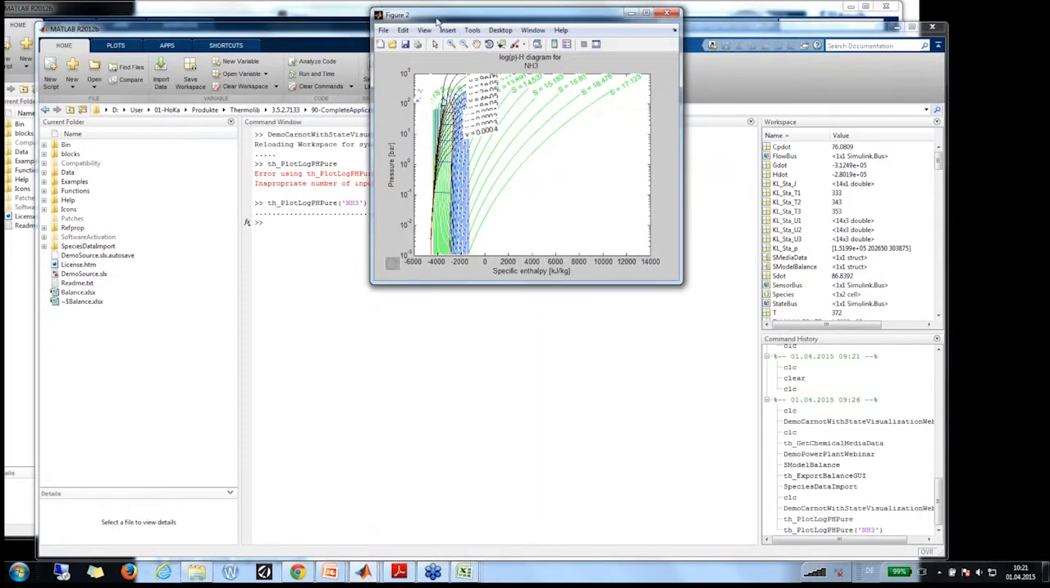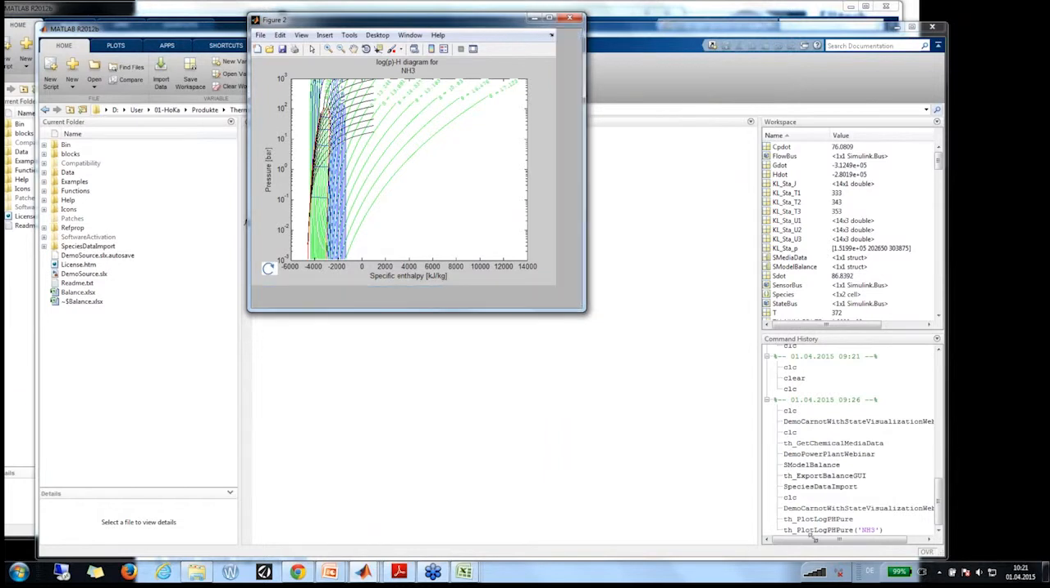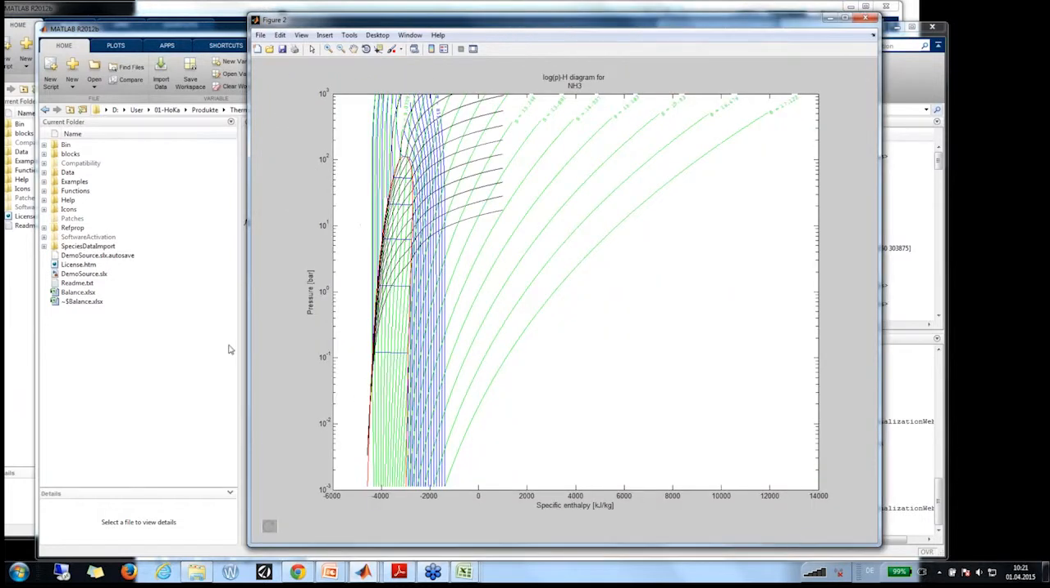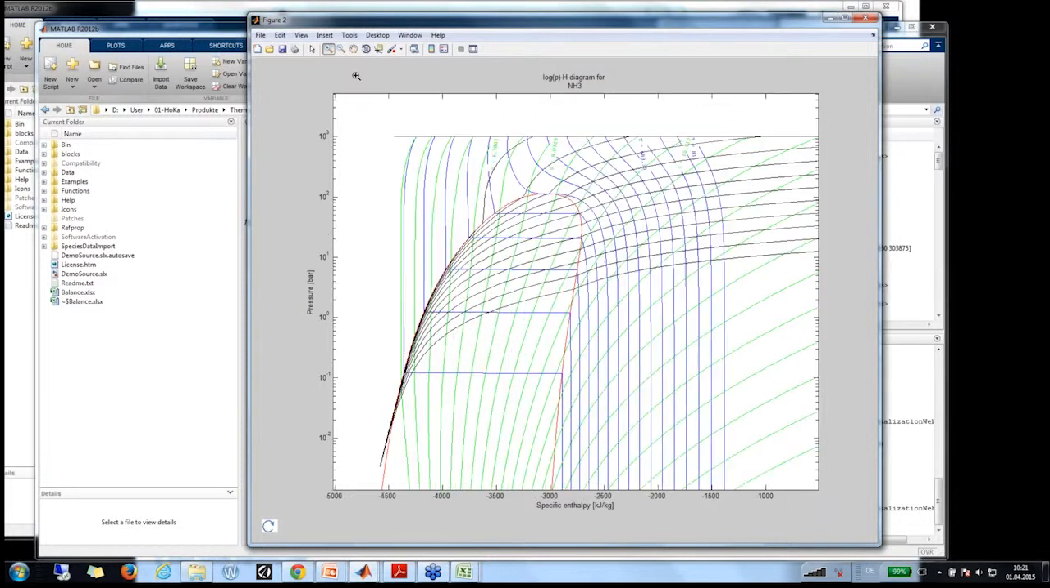So at first sight it looks a bit more busy than the older version, but it's because it has a lot more information in it. So first of all, I'm going to zoom to a smaller range. First let's look at the blue lines, the isothermal lines. I don't know if you can see them properly on your screen. You can see that there are now labels on the